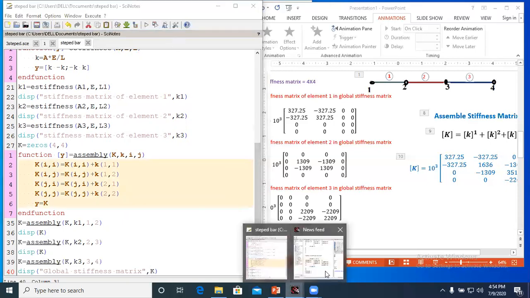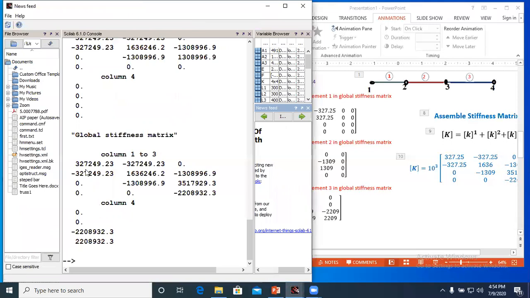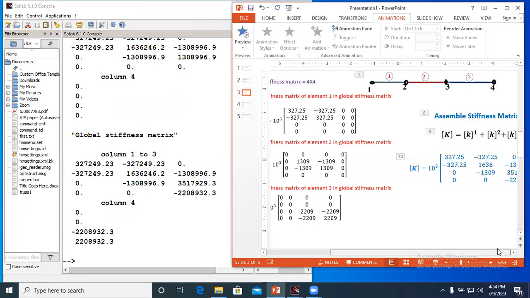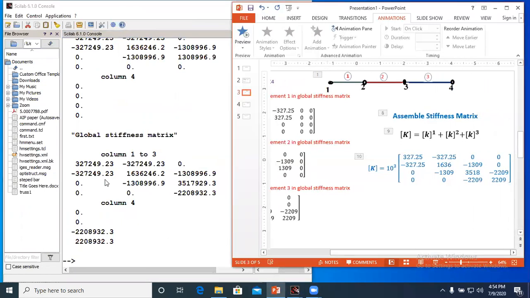You can see this. Now here, this is your first row, and one more term is here. This is the first row, 0 is there. This is column 1, column 2, column 3, and column 4. Now you can compare this with your assembled stiffness matrix. The first term is 3 to 7, 3 to 7, minus 3 to 7.